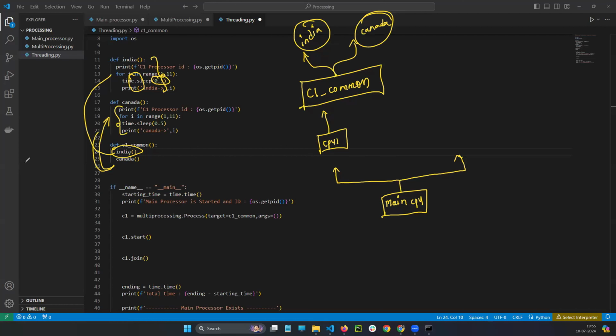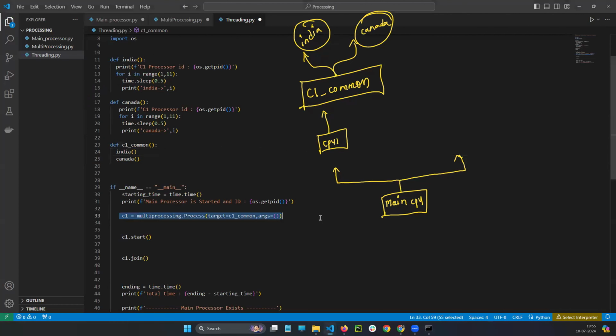Okay. So if you see here, from a processor, I created a processor and I'm telling it to run this function. In that function, I told it to run India and Canada. After completing India only, till that time it will wait, because this is a normal CPU only. The CPU, after completing one function only, even though sleep is coming, means you are keeping the sleep, it will wait. After completing India only, then it goes to the Canada and Canada will run.